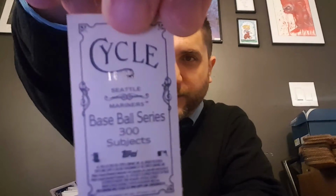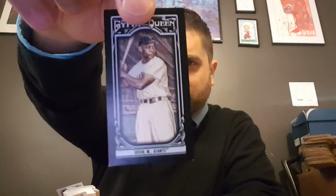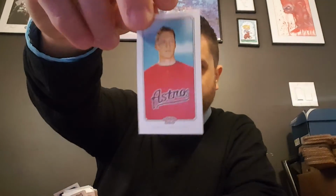Anyway, some of the nicer ones that he included. Here's a King Felix Cycle, and those are numbered 299. Here is a Monty Irvin, numbered to 199. It's got a couple really jacked up corners, but that's cool. Still a pretty rare card. Here's a Hunter Pence polar bear back, as well as Tom Seaver, same polar bear. And here's Tommy Manzella,